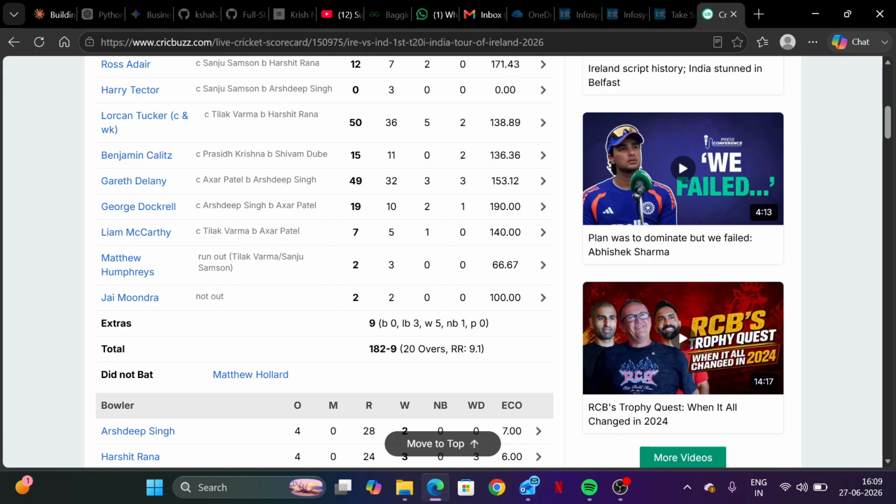That specific position is meant for a player who can score a quick turnaround, like 24 off 10 or 30 off 15. But somehow Washington Sundar is not able to fulfill that role. Even at the Gujarat Titans, he's batting at number 4 or number 5. I think he is a batsman who can bowl. Currently, going by his skills, clearly I would say he is a batsman who can bowl. But is he the death over specialist India is looking for? It is a big question, and you can simply answer that in the comment box. Was his selection justified in this team? And what about Shivam Dube?